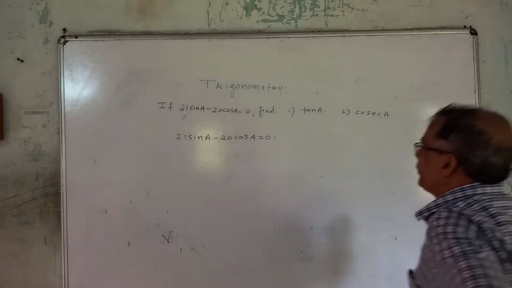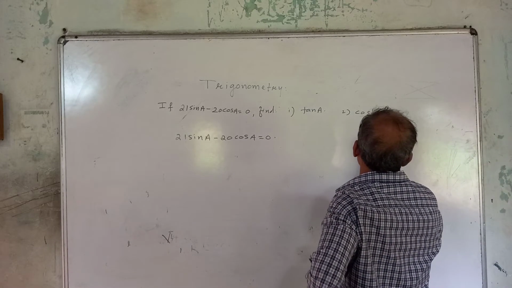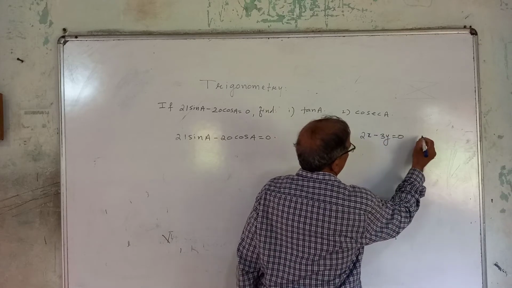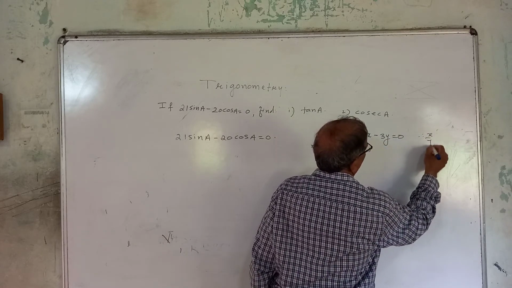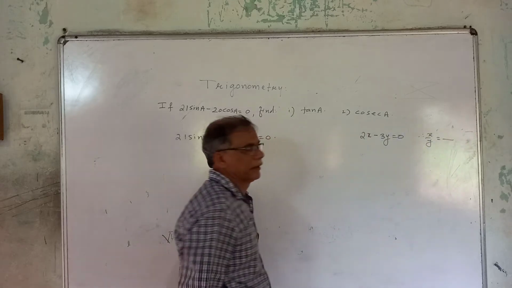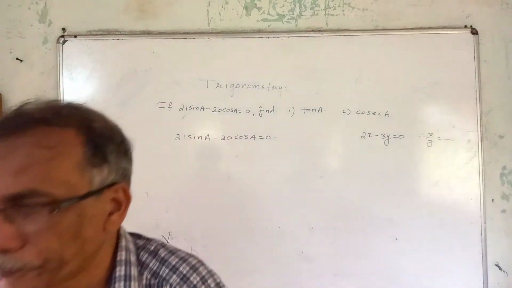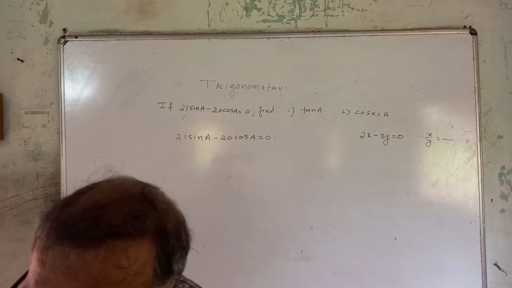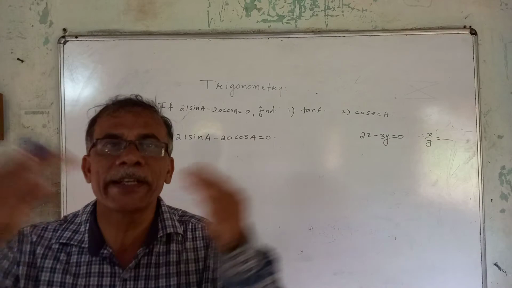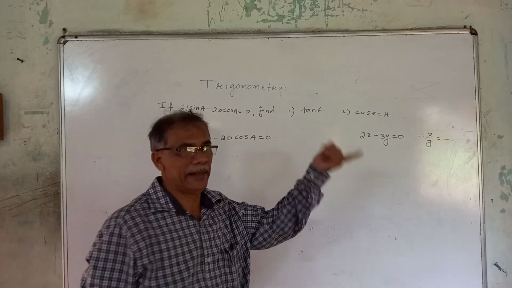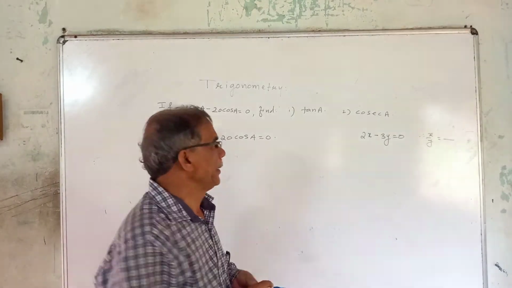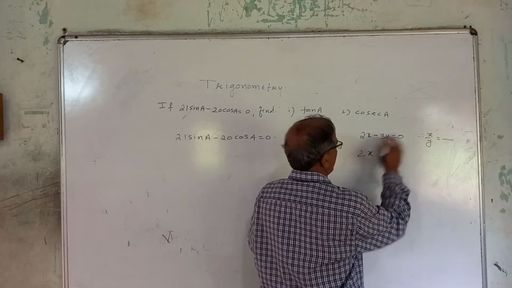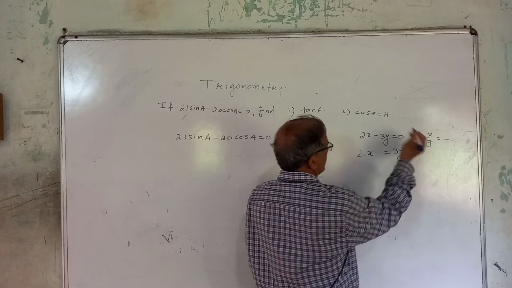Now suppose you are given 2x minus 3y is equal to 0 and therefore x by y is equal to dash. Suppose you are given like this. We can write the ratio of variables only when the variables are on both sides of the equality sign, as in the earlier example I showed you. Now here they are on the same side. So what do you do? First transfer them to the other side, minus 3y to that side. So 0 plus 3y means 3y.